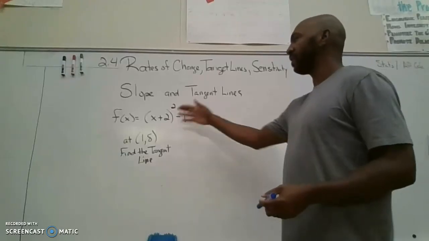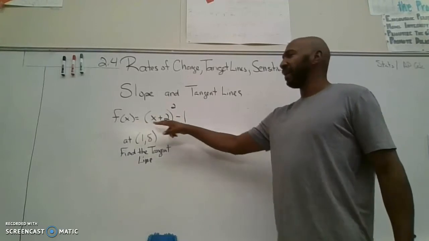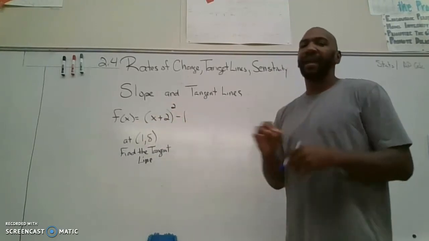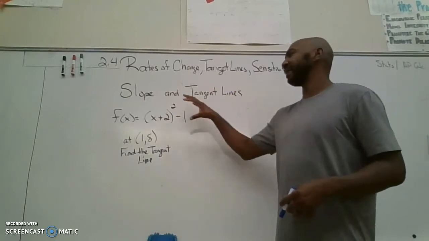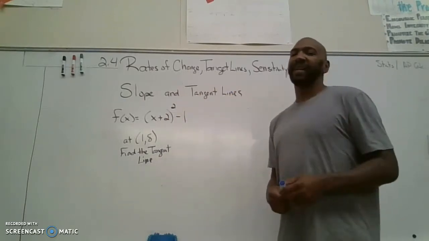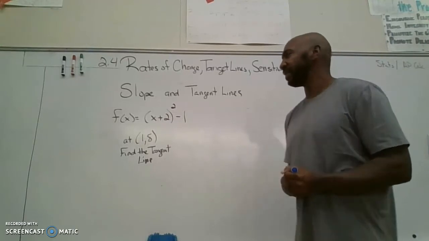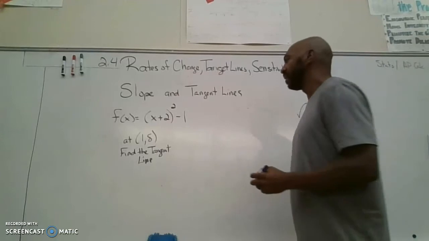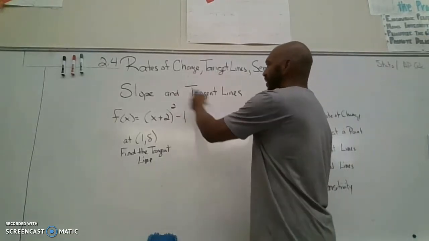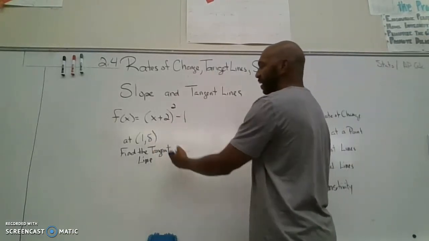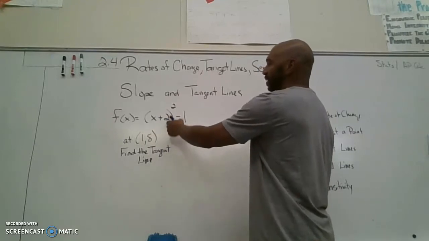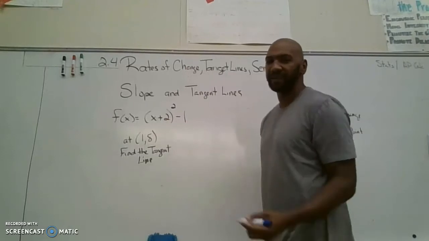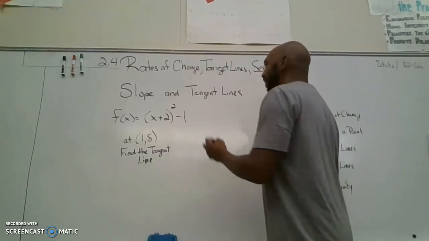Okay, what we're going to do now is look at this formula. f of x equals (x plus 2) squared minus 1. I'm writing it like this in vertex form just because vertex form is easier to work with for this purpose, although it can work in either form. We're going to look for the slope of the tangent line at the point 1, 8. If I plug in a 1, this is going to be 3. 3 squared is 9. 9 minus 1 is 8. So that point 1, 8 is on the curve. Just to remind you of that. So now we're going to look